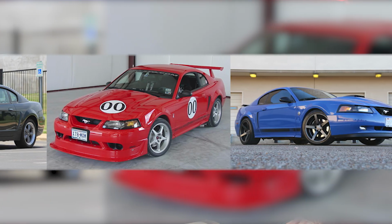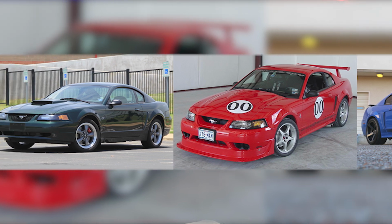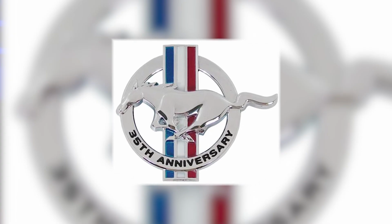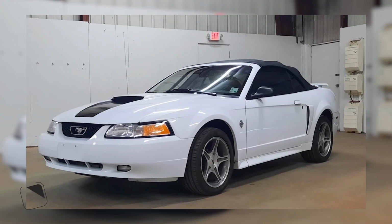Next up, I'm going to talk about the specialty models and discuss a few of their attributes. We'll save the finer details for future What Is videos. So the first specialty package for this era was the 35th anniversary package in 1999 to celebrate the Mustang's 35th